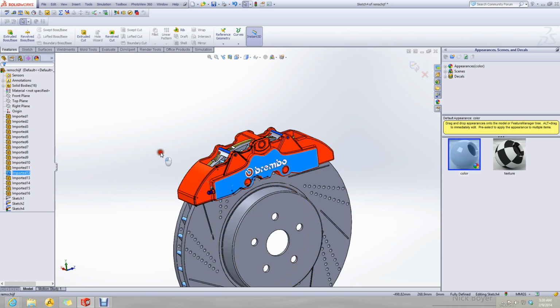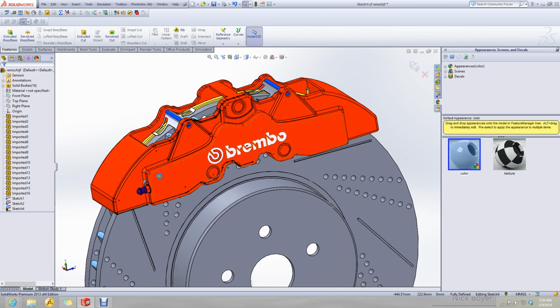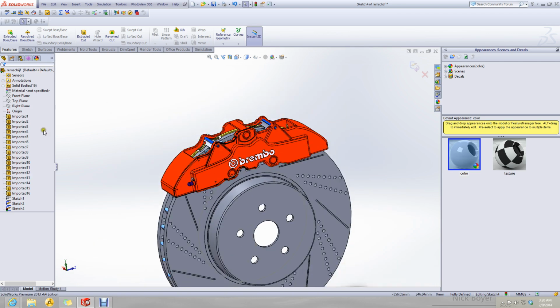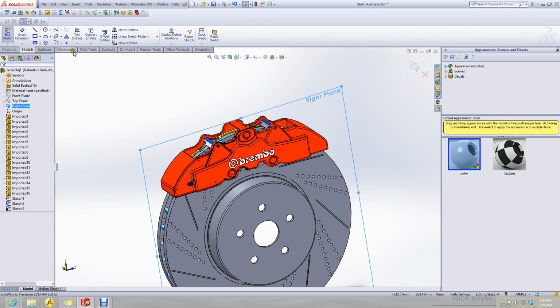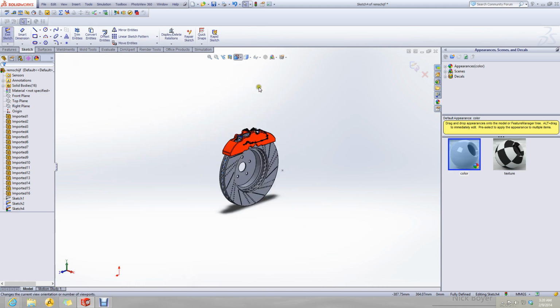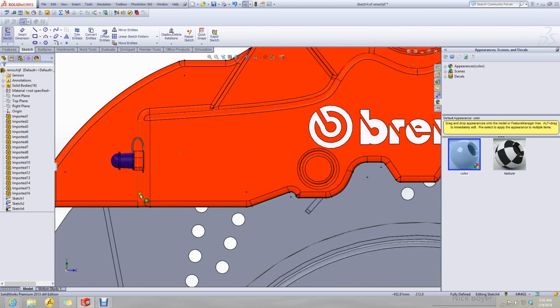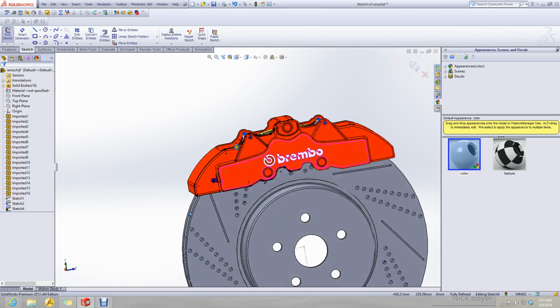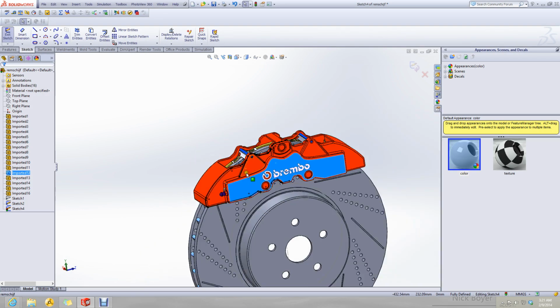Now in a similar manner, we will use the same method. We will go in the plane, we go into the sketch, we either trace over these boundaries and copy the sketches to our new part, or we can also use the convert entities command to completely create this in the other file.